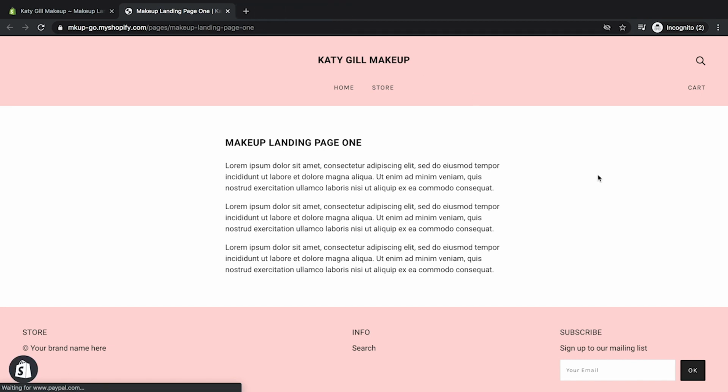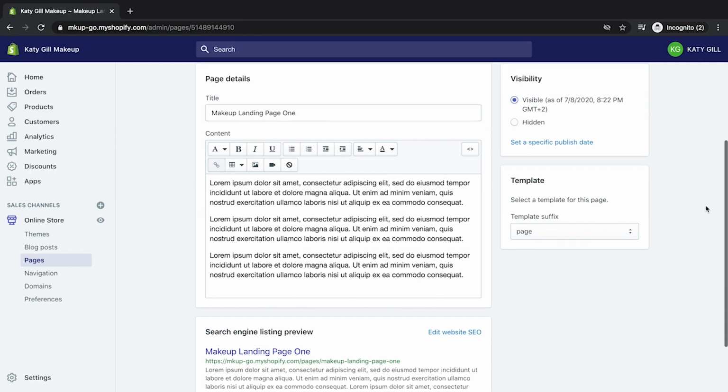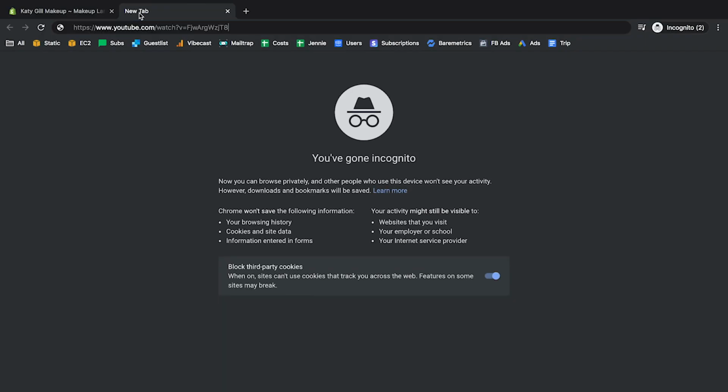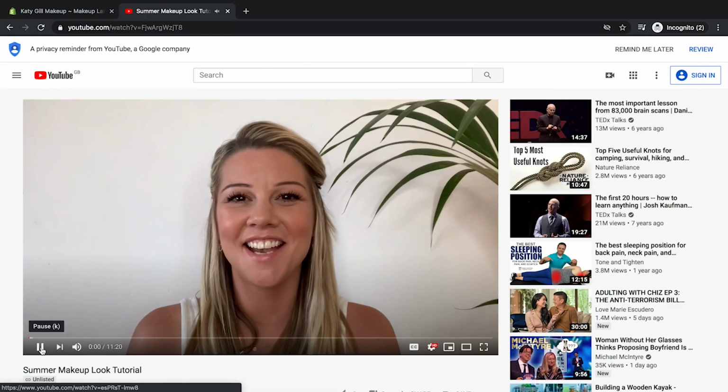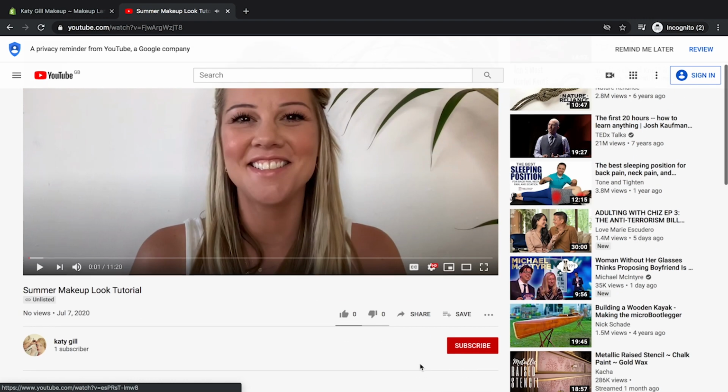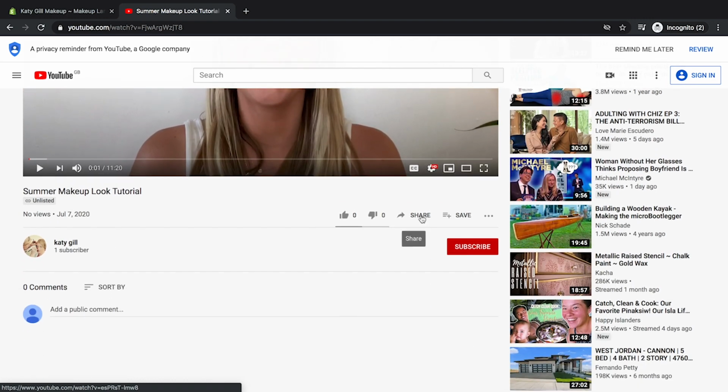Page is saved. We can view that page, and we've got a landing page, as you well know, very much like the others, but we need to customize this a little bit. First of all, let's add a video that Katie has already created. So I'm just going to grab a link here, and then let's go and add it onto here. Great. So this is one of the tutorials that Katie's created. And what we want to do is get the embed code.